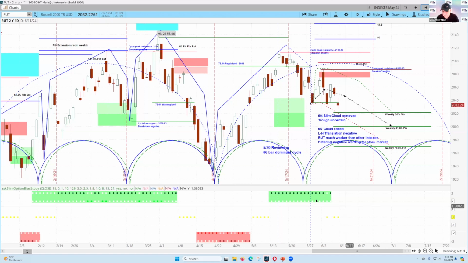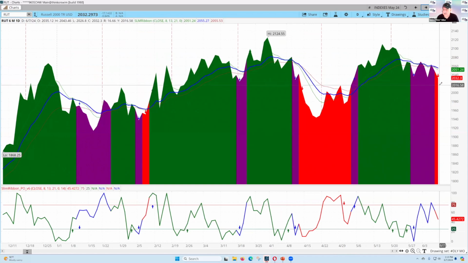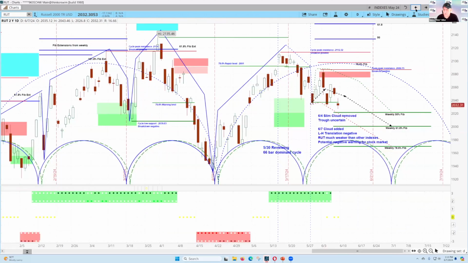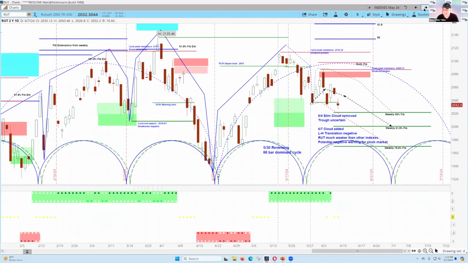And you can see in here where this was positive, but now it's hard to see. This is now yellow here on the option bias study. So this has turned neutral right over here. And when I look at the momentum, it has now turned negative on the daily, as you could see right there. So this is all important. You have this downward turn on the weekly. You have this, but that's unconfirmed. You have it on the daily telling you there's trouble in the weekly, because it wouldn't break down like this unless there was a downturn going on in the longer term time frames.